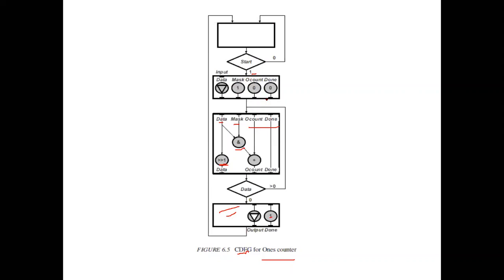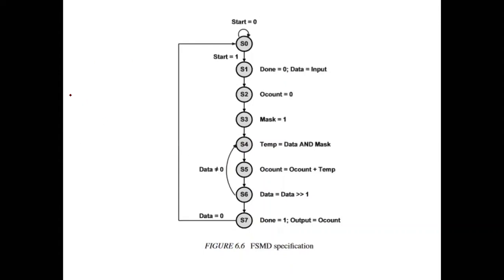Here also there is no clear distinction between control variables and data variables. The representation will be the same, but looking at the code, we can identify what is the control action or what are the control signals for this particular code. This control data flow graph incorporates control signals as well as the normal variables. Data variables and control variables are present inside this control data flow graph, and the controller variables and data path variables are not distinguished here. It's actually mixed. The representation is in a mixed manner. There's no distinction.